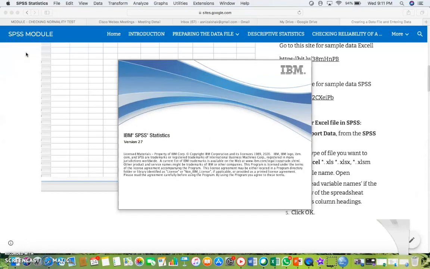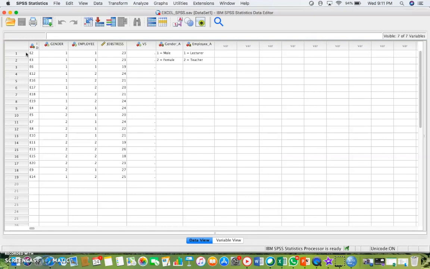Okay, this is my file, which I have already imported the data from Excel. But the point here is that I want to show you how you can import the Excel file into SPSS.